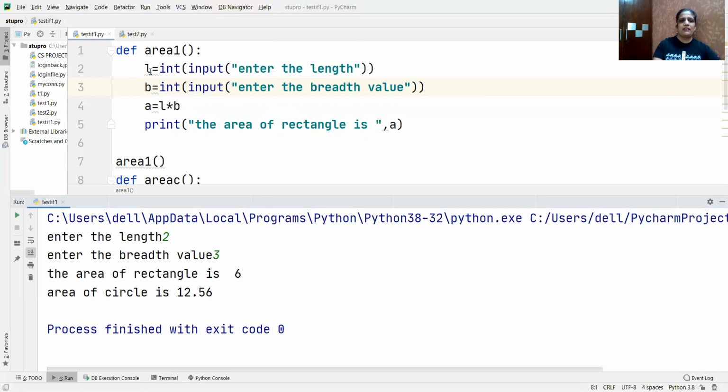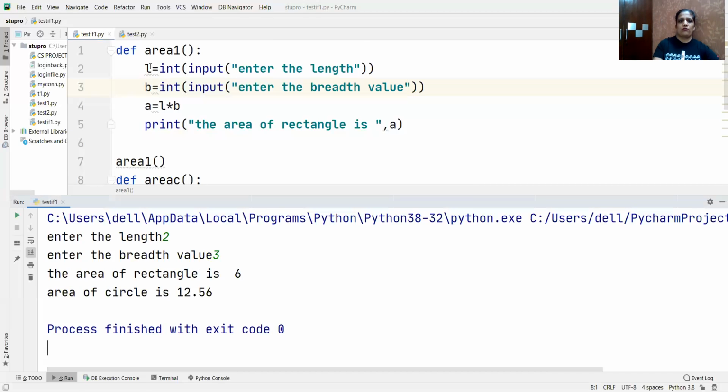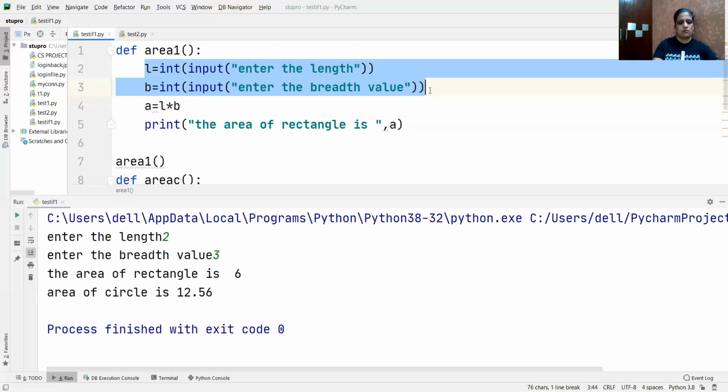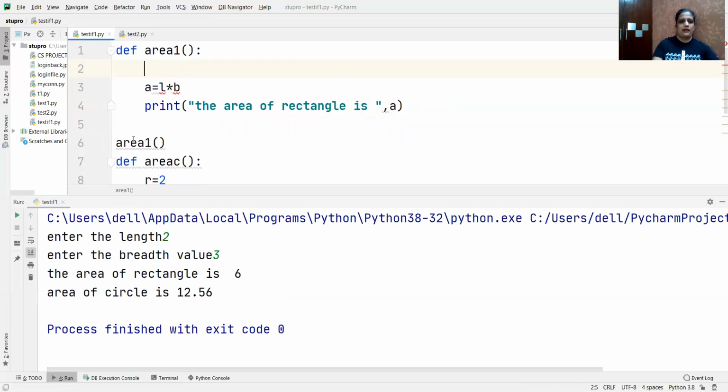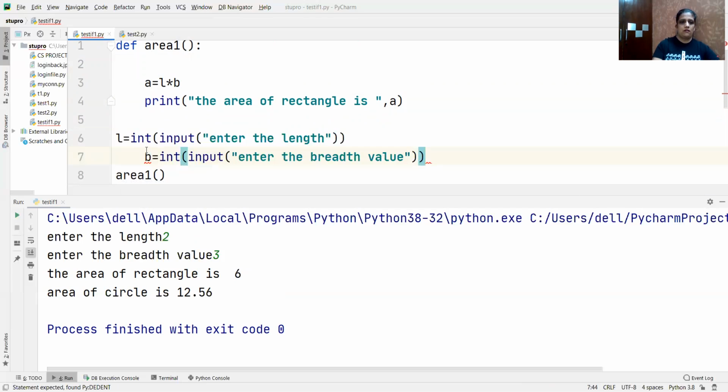Okay, I was telling that we can do this function with another method also. Right now I'm defining the complete part of what I have to do here only. Okay. There is another method to write and call this function. Let me cut this part here, Control X, and I'll write it here before calling this, Control V. Let me do this, and then I'll tell you what I'm doing here.